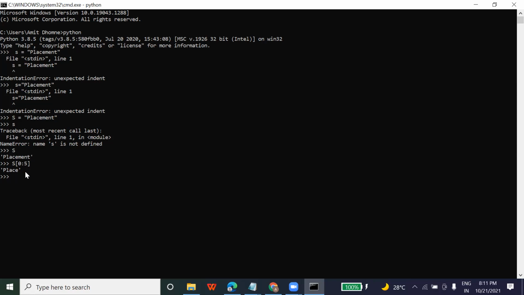Good. But what if I don't give 5 here, what will it give me? Any idea? Error. Okay, let's try. See here, it is giving you the complete string. Why? Suppose you read a string and you don't know what the last index value will be.